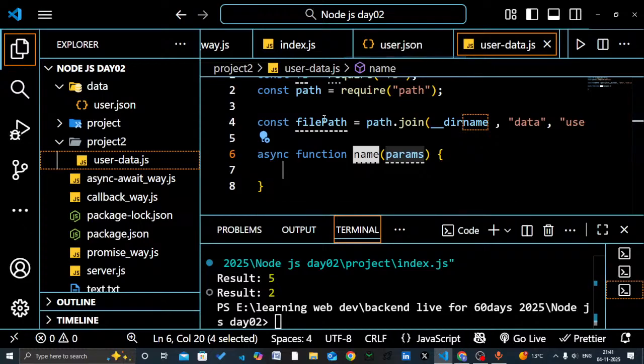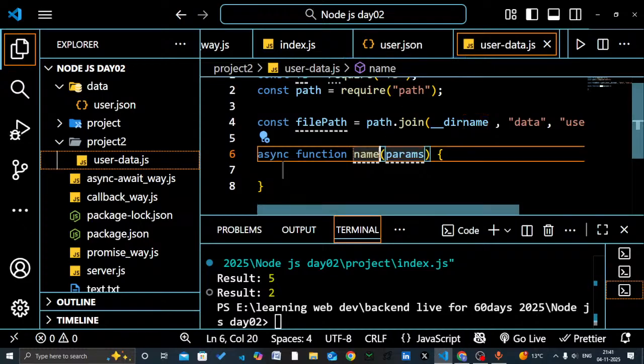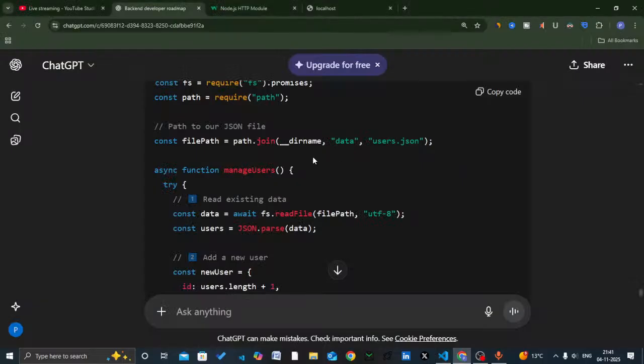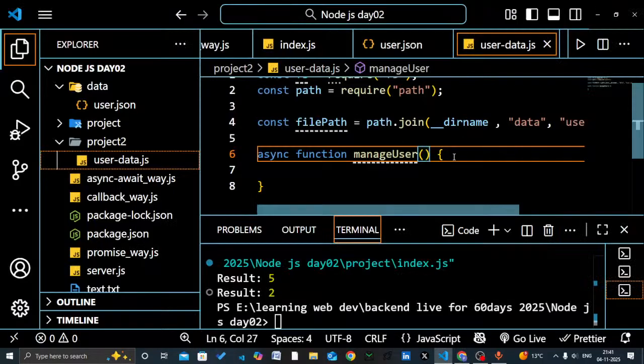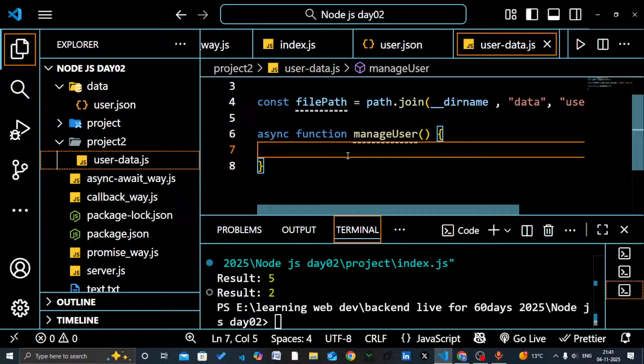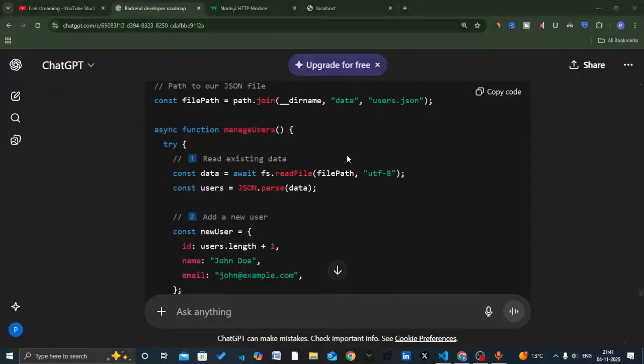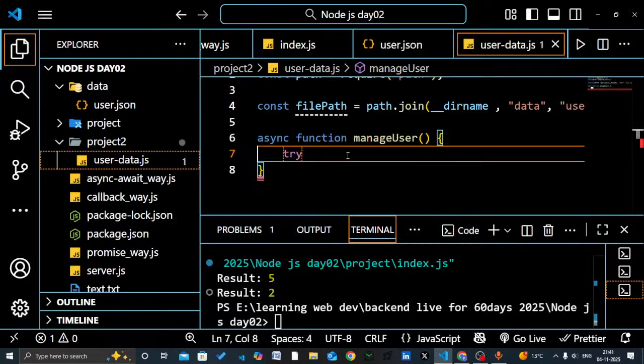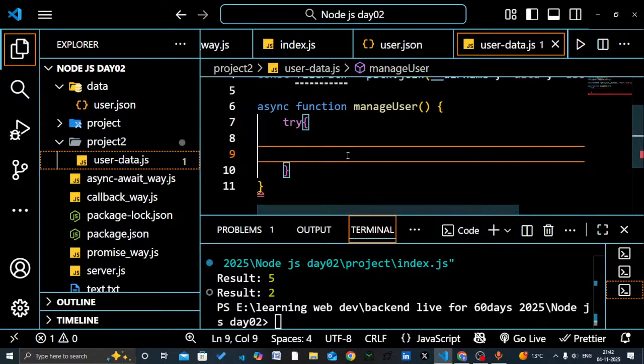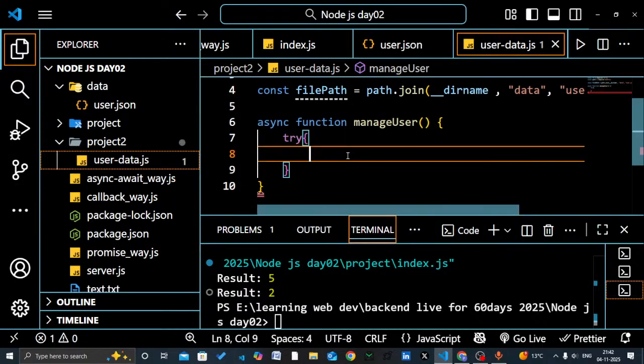So now we are using an async function, and also we have a function called manage user, having no parameter, and we are going to use the try and catch method, which is the easiest way to get